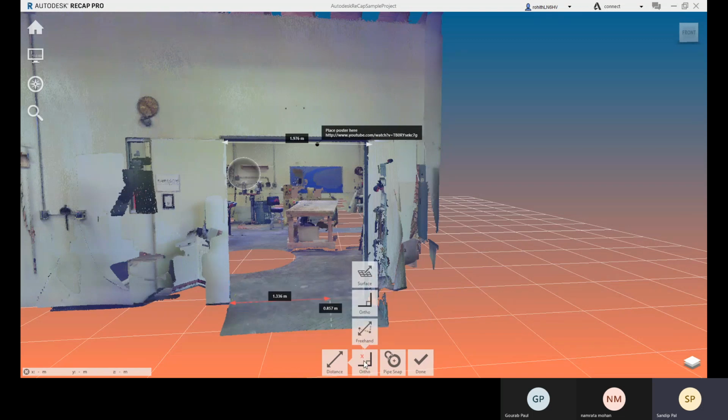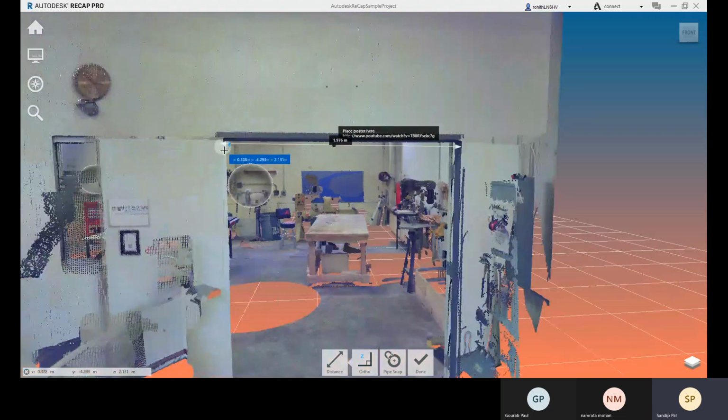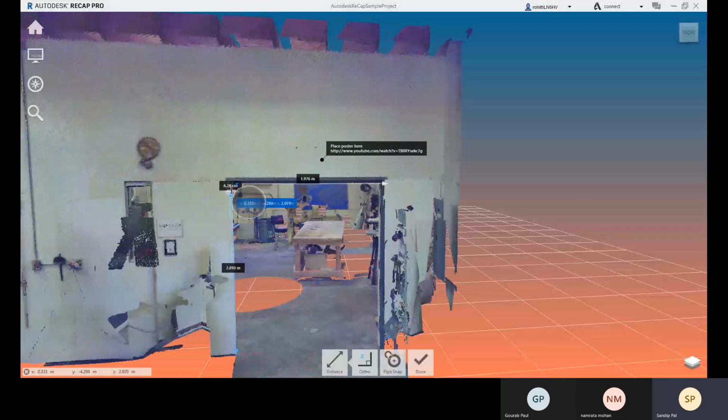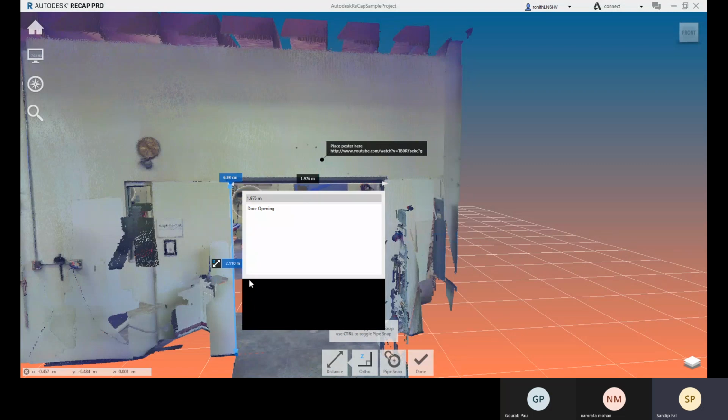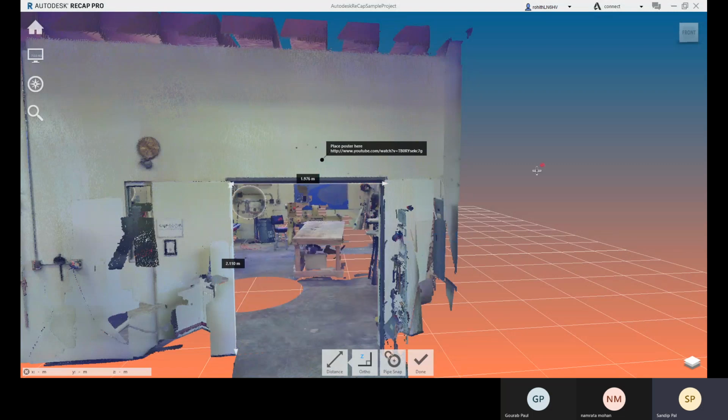Okay, and let me come back to Z here, and now let me just go to here. Okay, now click on this done option, and that is there, and you can do these things.